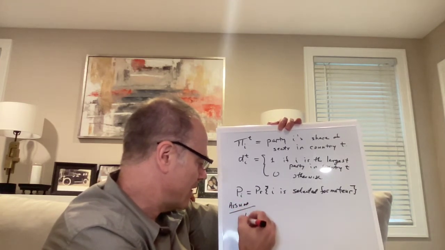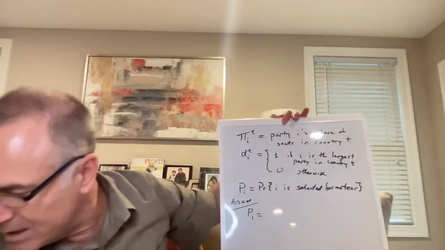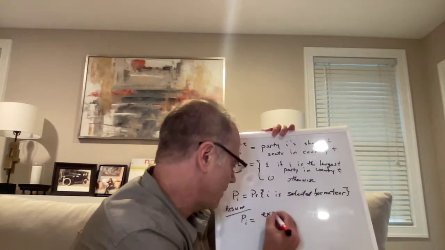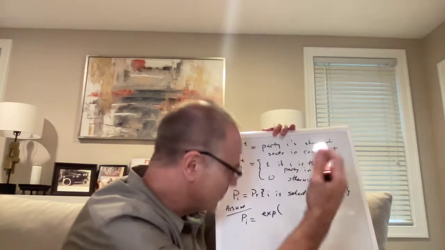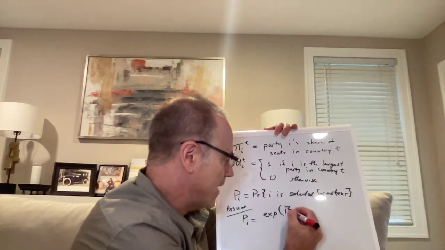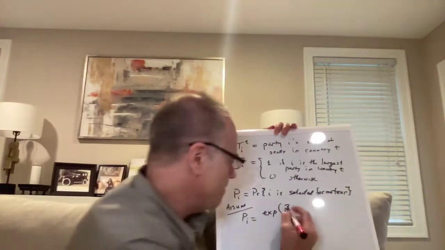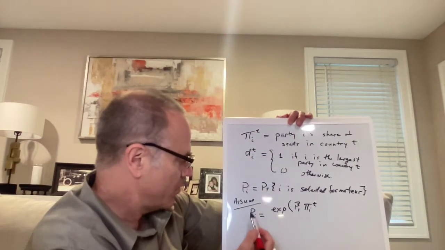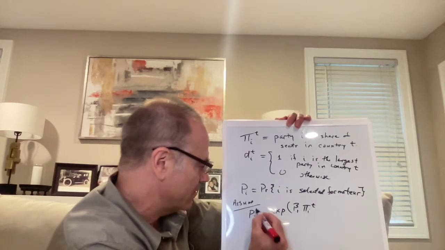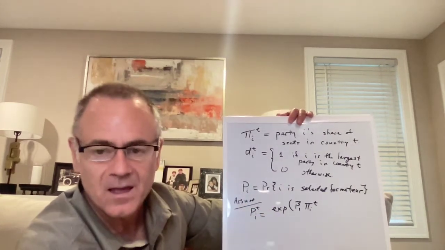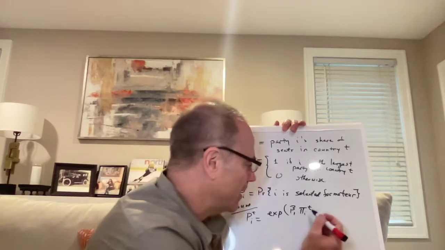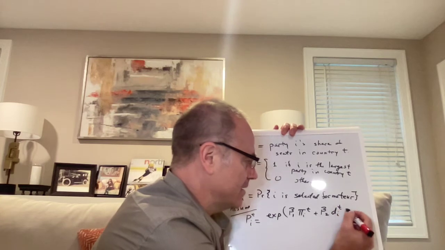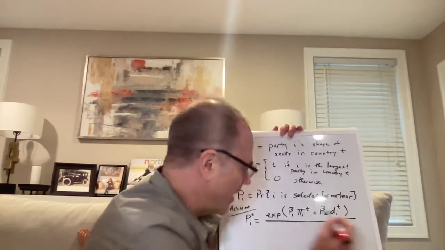So assume that P_i equals e to the beta 1 times pi_i^t. So this is the probability that i is selected formateur. Let's make it superscript t, an observation t, country t. So it's beta 1 times pi_i^t plus beta 2 times d_i^t, all divided by